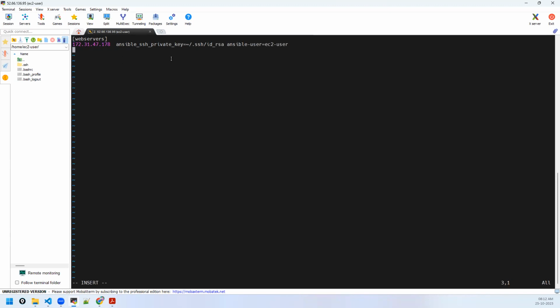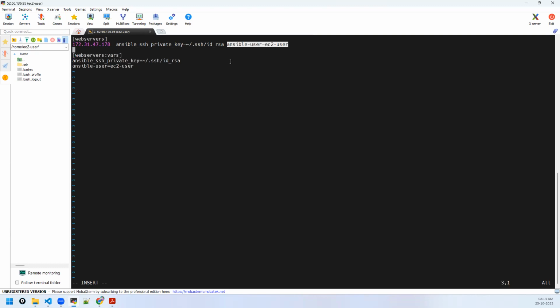Also, if you have multiple servers, and let's say all the servers use the same key and same user, instead of writing them over and again, you can write the group variables, vars, and then provide this data here. Similarly, this user information as well.